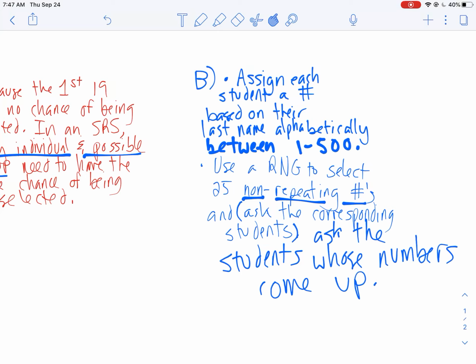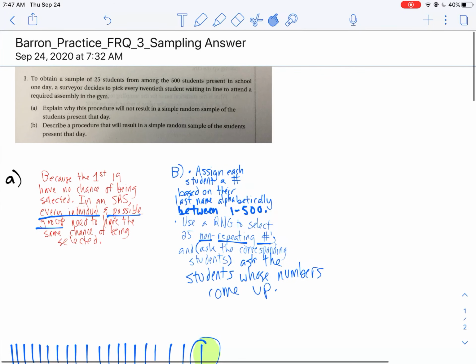I wrote 2 sentences for part A as well. You want to keep your answers pretty concise. You don't want to write half a page, or go crazy answering a question like this. Because remember, on the AP exam, you're limited in the amount of time you have. You don't want to spend an excessive amount of time explaining something like this when you might have to do some calculations or run a hypothesis test down the road. You want to make sure you're leaving yourself enough time. So these are some strategies you want to use when answering a question like this, and also, these are the answers you'd want for a question like this.